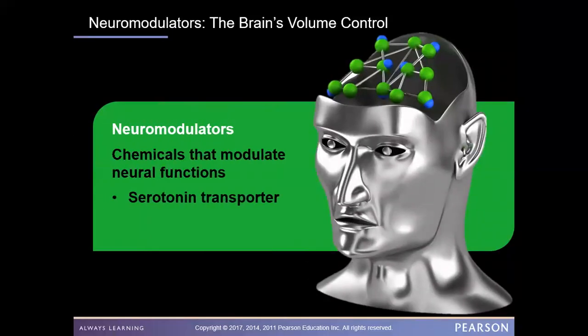So we can think of it as volume control, right? We can think of neuromodulators as telling us to do a thing, but also telling us how much of that thing to do. So it doesn't just give you instruction. It doesn't just tell you what to do. It tells you at what intensity should I do it.